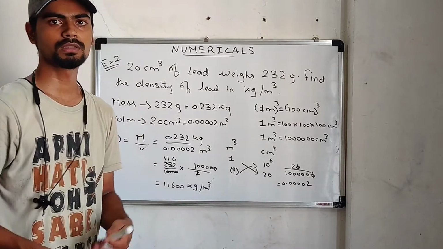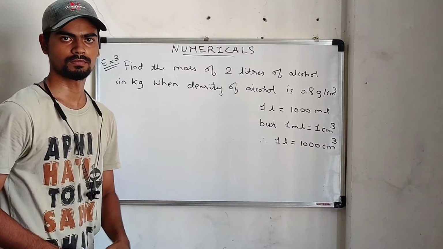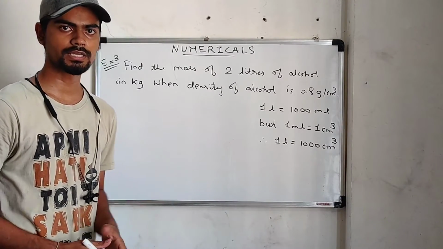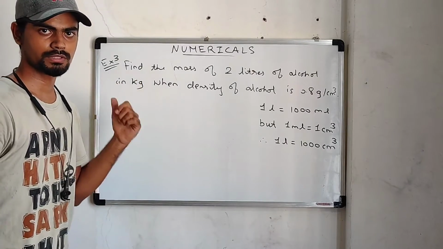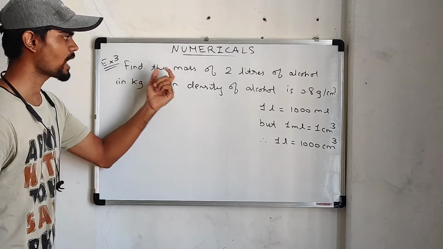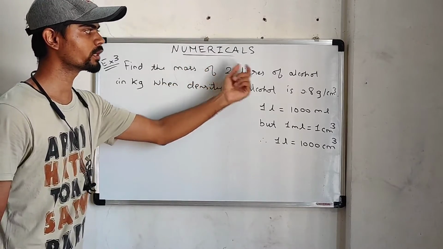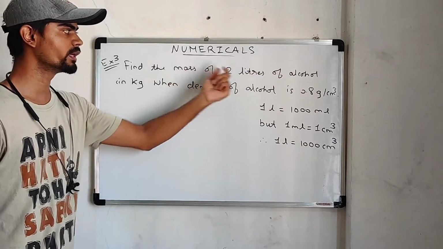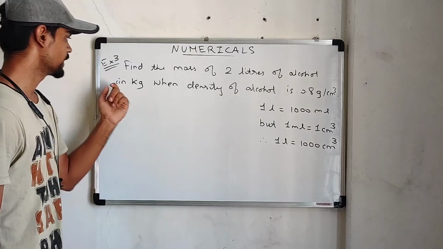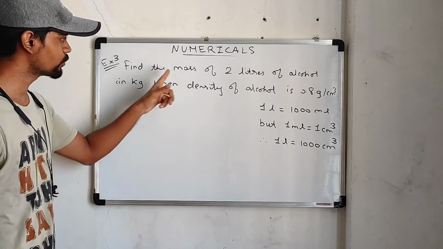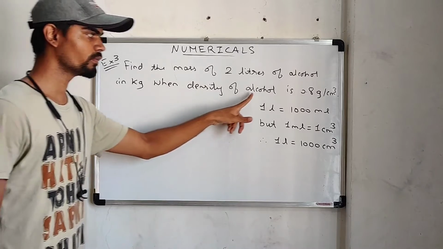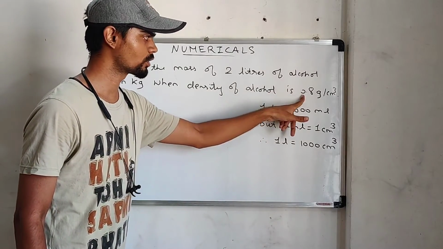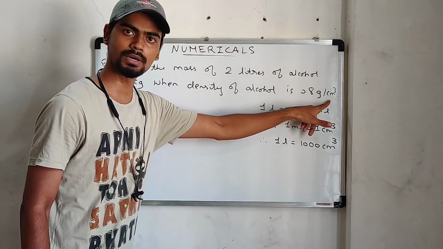Now let us look at the third example. Okay, so in the third example we have to find out the mass. So let us first read the question. Find the mass of 2 liter of alcohol. Okay, 2 liter of alcohol is given to us in kg. Now remember, we have to find out the mass in kg when the density of alcohol is 0.8 gram per centimeter